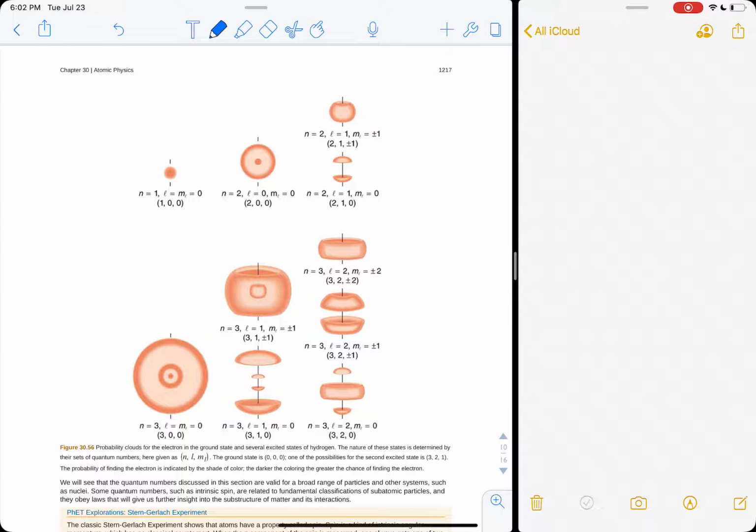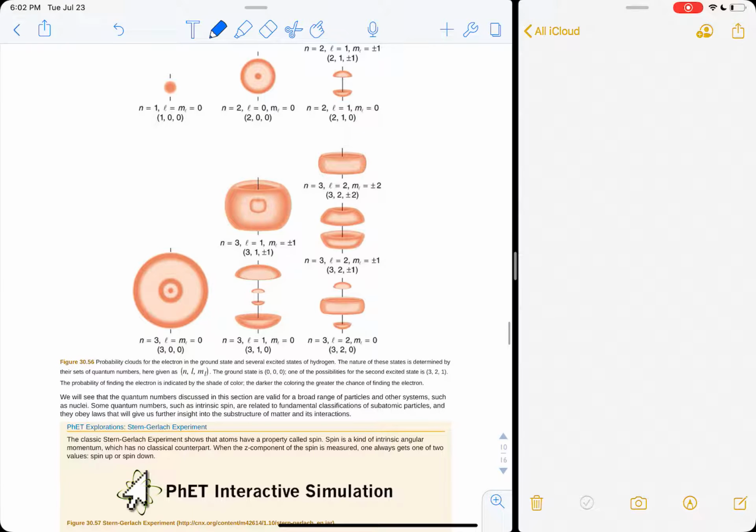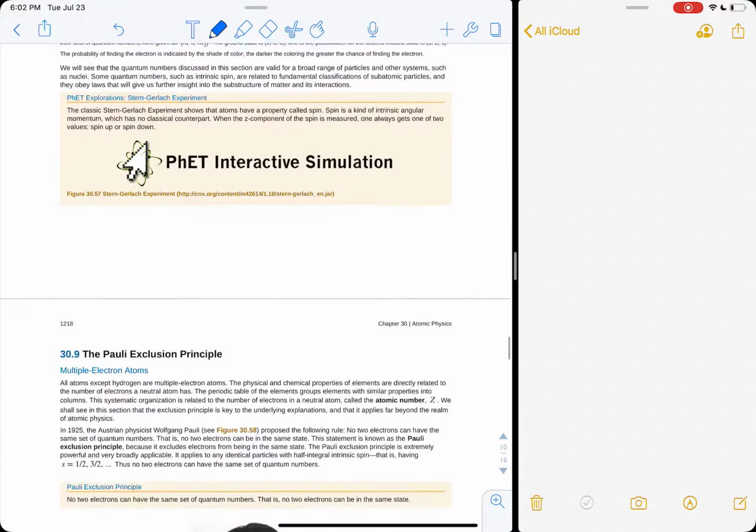These are all the different electron configurations. It looks like, I don't know how they project these, but some axes of projection. So you could have 1 and 0 here. You could have 2, 0, 0. You could have 2, 1, 0. You could have 2, 1, 1, or 2, 1, minus 1. You could have 3, 1, plus or minus 1. You could have 3, 0, 0, and so on. So all these correspond to the different orientations and properties of electrons orbiting the atom of hydrogen. So these are probability density functions showing you where the most likely electron will be around an atom. That's what those pictures are.